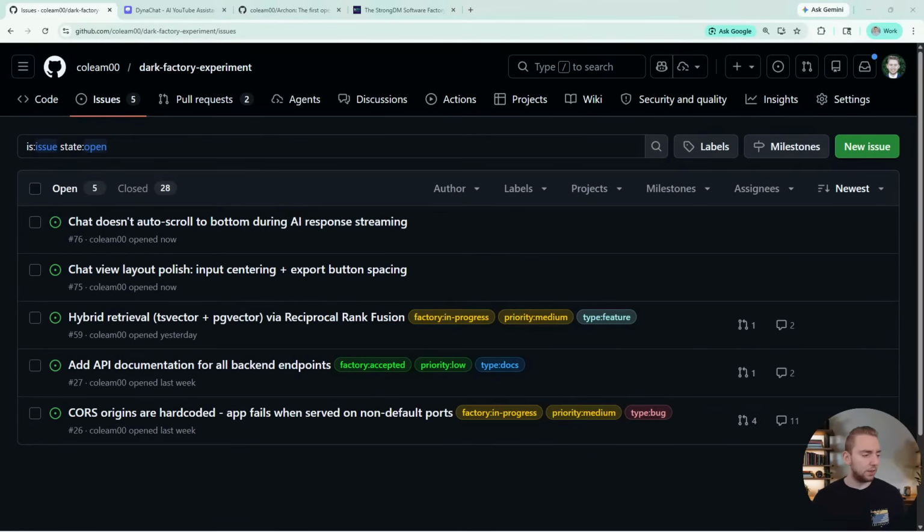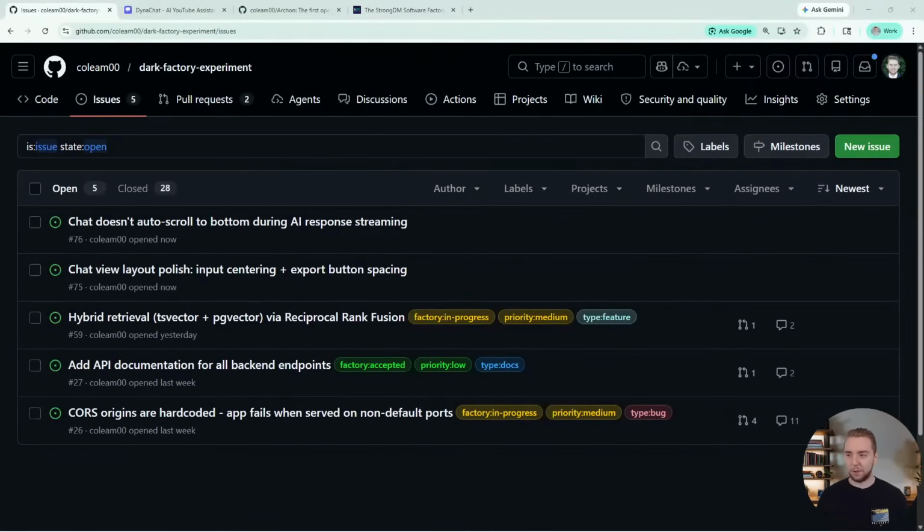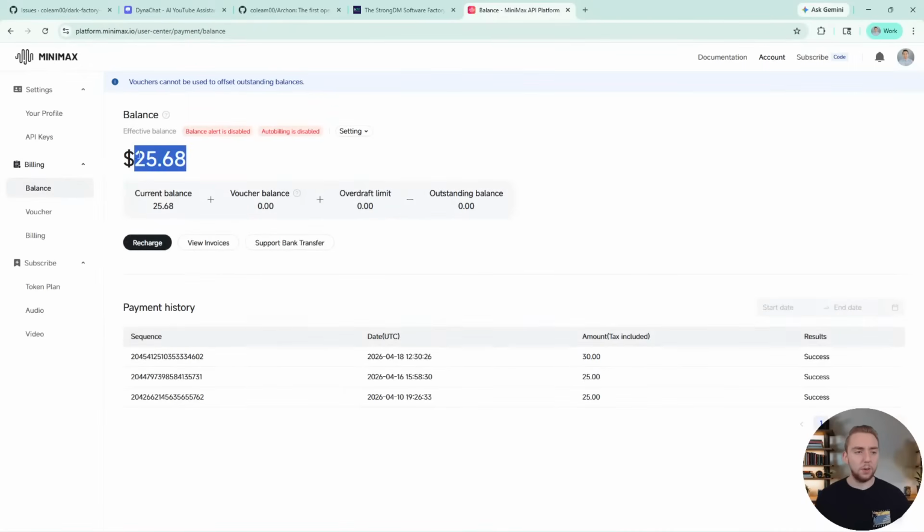The other thing I can show is, for the Dark Factory, I know I haven't given a full introduction, because I just want to build in public with you guys right now and not spend the whole live stream explaining everything. But one thing that is cool that I am doing is I actually have Claude Code pointing to Minimax M2.7 on the VPS. So the Dark Factory is running entirely through Minimax M2.7.